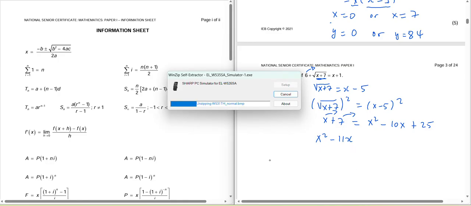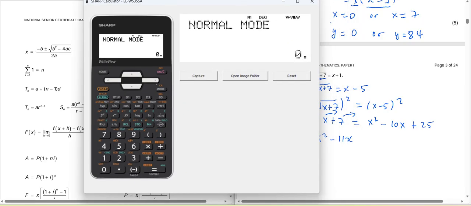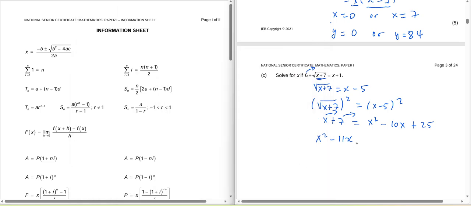So without making a mistake, let me also just double check. 25 minus 7, it should be 18, okay? All right. Now we have plus 18 equals 0. Now what do we have now? This is a